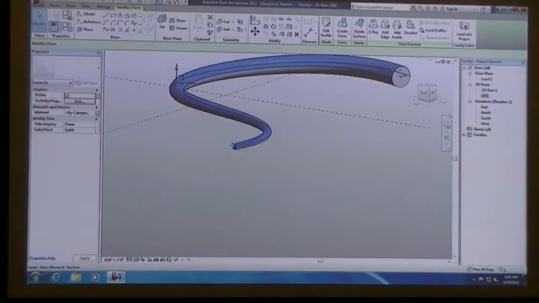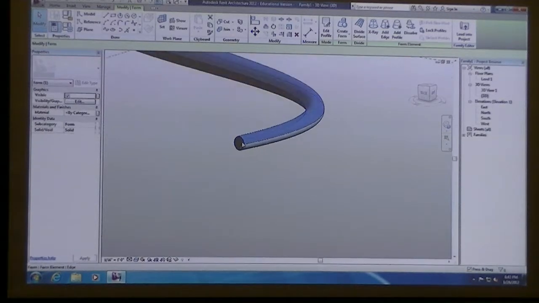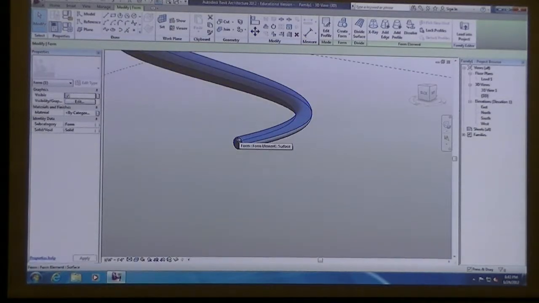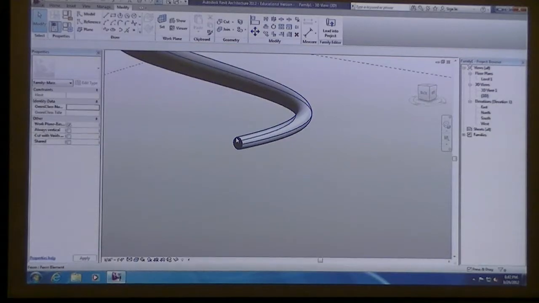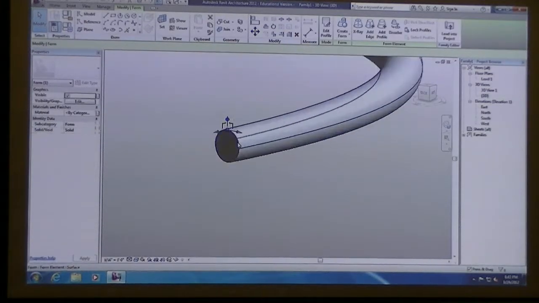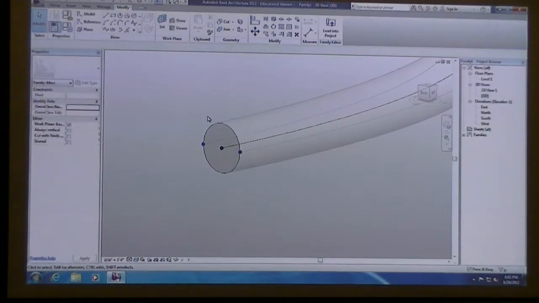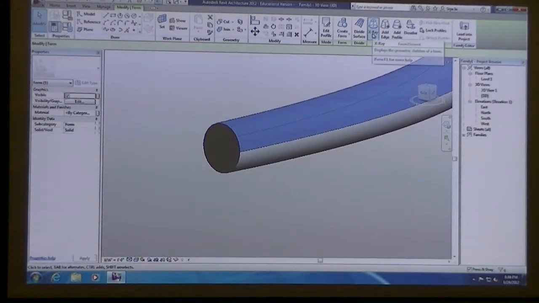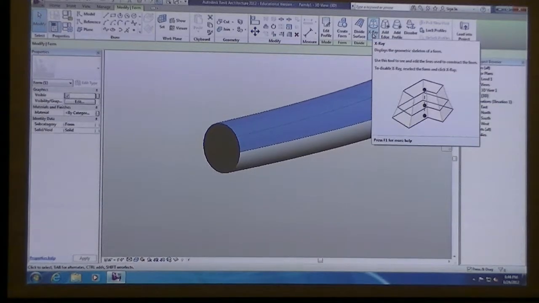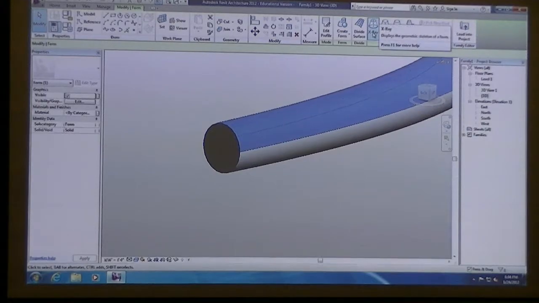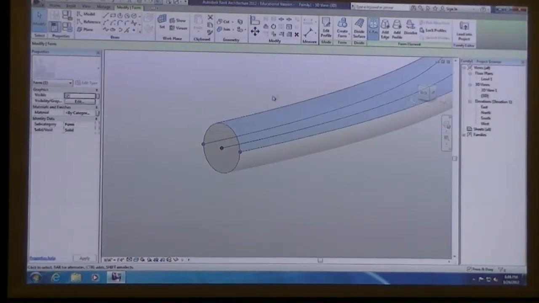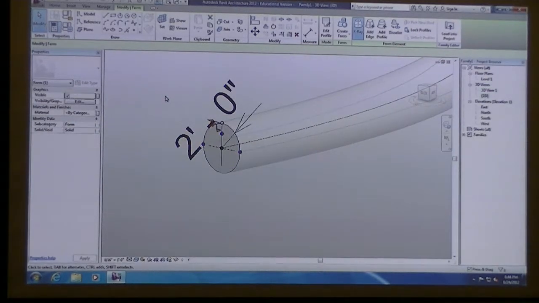That's because Revit's assuming that since you didn't apply a parameter to this other side, that you don't want that one to change. So if you wanted them to be equal, I'd have to tab over. Select your solid, and in order to get the profile components to show up, we have to turn on the X-ray tool, and that allows me to select my other end where I can get that dimension.